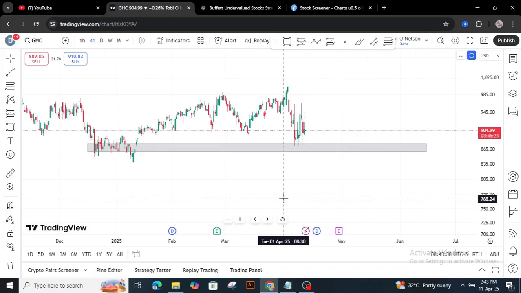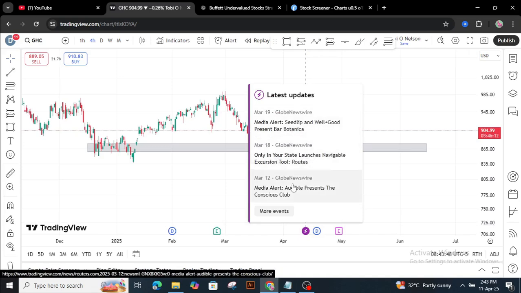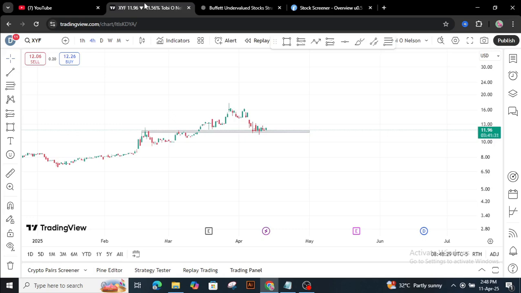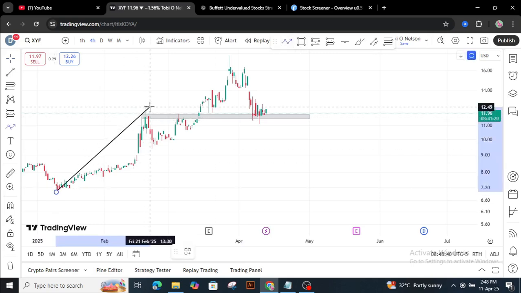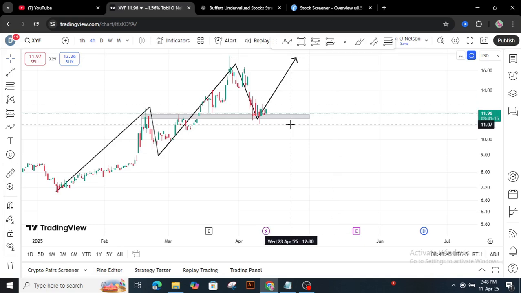But before you buy, you also want to check and read about these companies to make sure there is nothing bad going on within a short period of time. So you want to try and check this. Whenever you see this type of stock, make sure the stock has retraced down. Like this one, you can see it has retraced from its high. It pushes up, then retraces, pushes up, then retraces. So you want to buy and then hold the position to the upside.